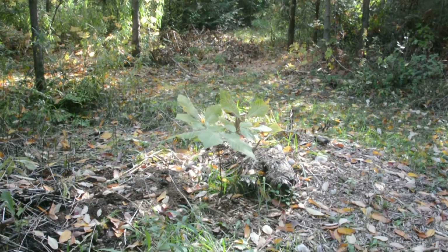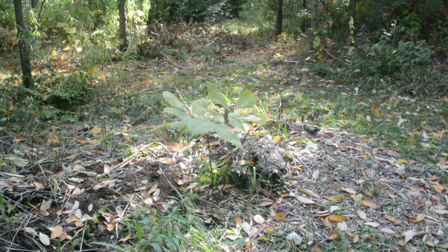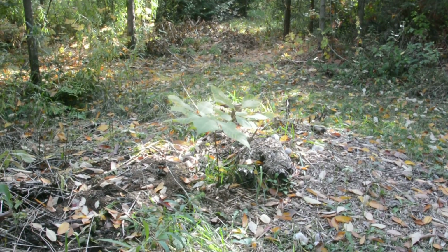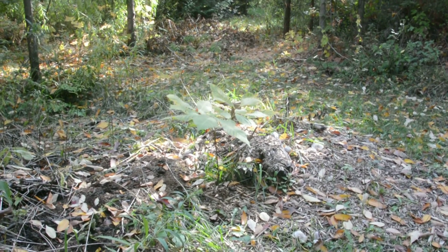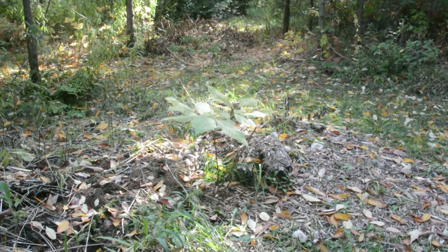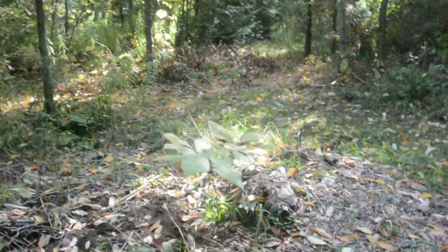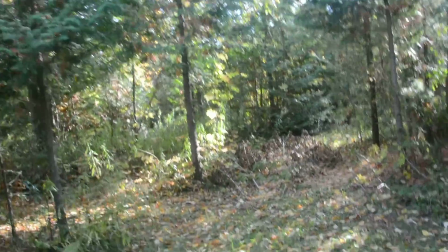Now I'm going to go down around the corner, and this is just a little fella. Now he's not young. In fact, he's probably 5 or 6 years old. They don't grow fast, but around the corner I have one I probably have had here for 12 years maybe, and I babied it a bit. So we're going to go down around the corner,